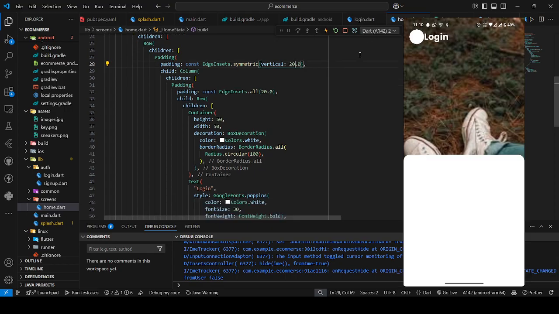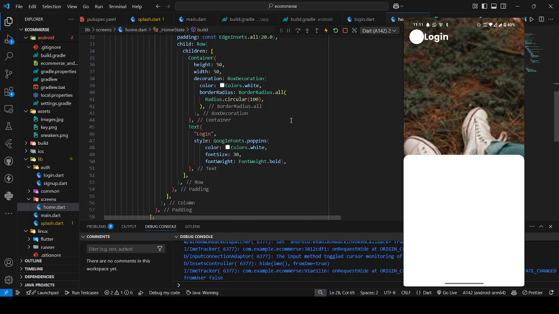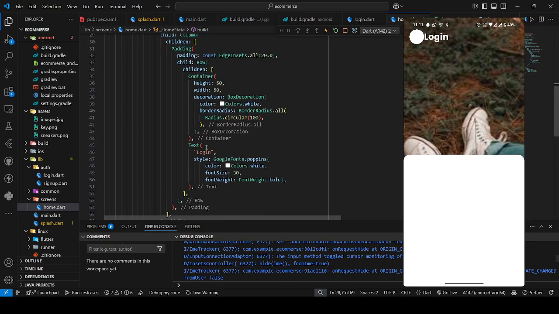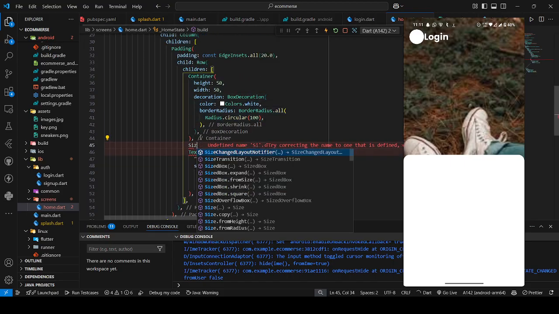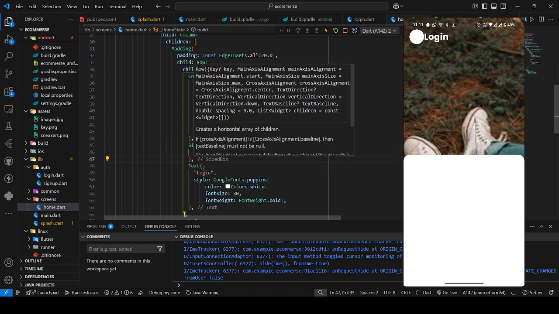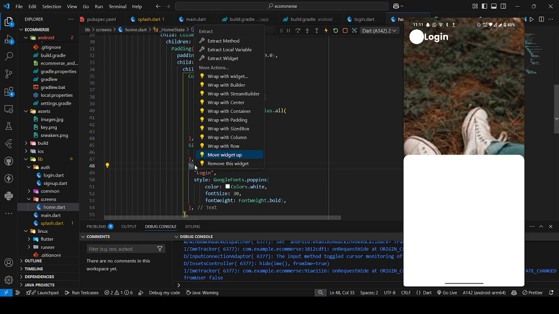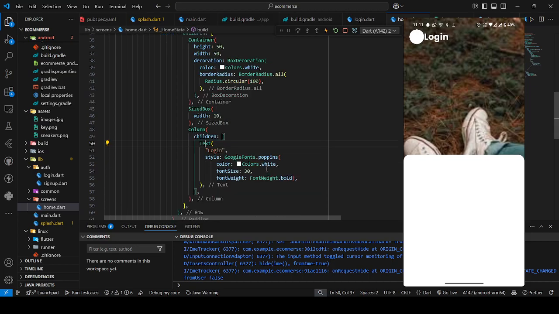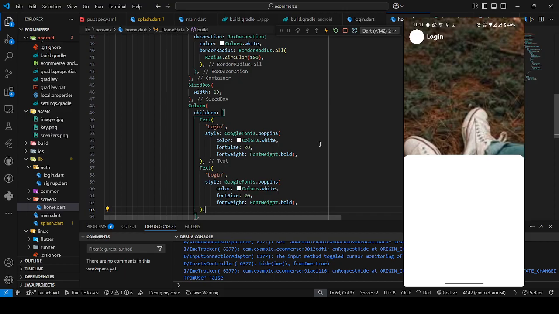Perfect. So here will be the image of a person coming. What we can do similarly is make a size box here, a size box of width 10 obviously, and this will be in a column. So in the column, let's reduce the size of this. Let's make it 20. Currently it's all hard coded, but we'll be changing it afterwards. Let's name it Shivansh Tripathi, and